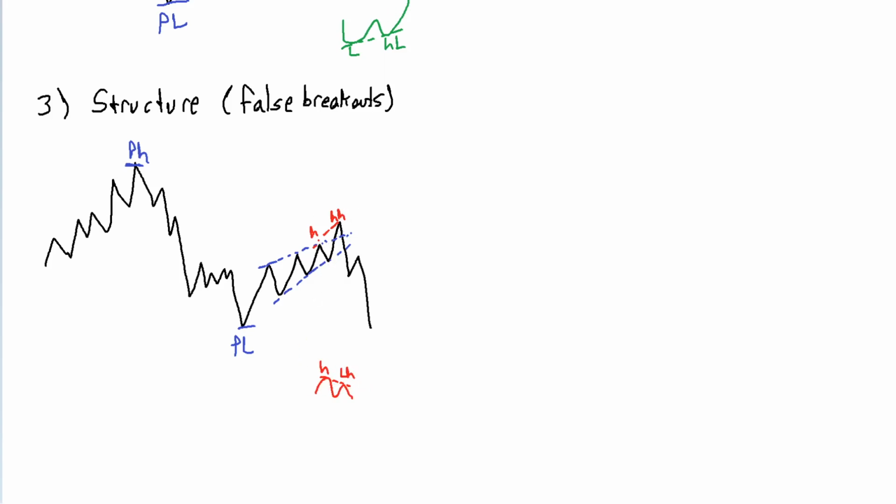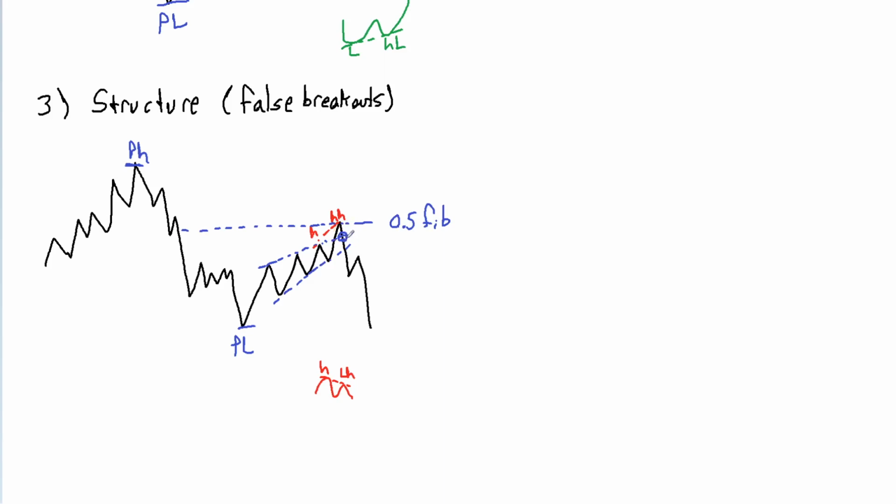You've also come up and you've hit, let's just say, the 0.5 right here. So you've also hit the 0.5 fib of that move down. And so what happens is once that happens, you get a rejection, and once it comes back within this channel right here, this channel that it broke out of, it becomes a false breakout. So the point that it falls back into that channel right here is the point where I would be